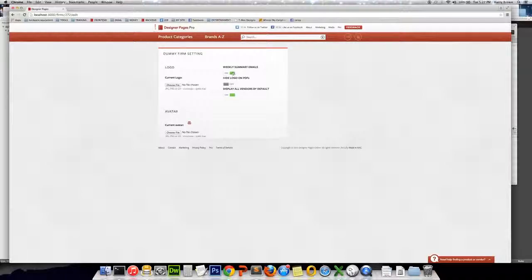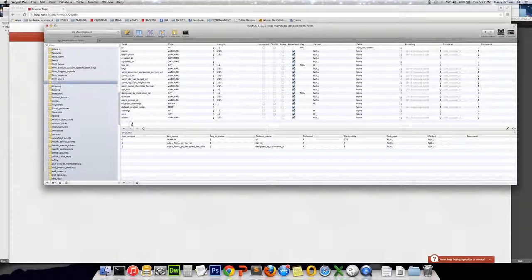Say for instance, some people want to get emails. Some people want to hide their logo. Some people want to display all their vendors. I know you have no idea what that stuff is, but let's just say these are different settings. So if you really want to do it the long way,